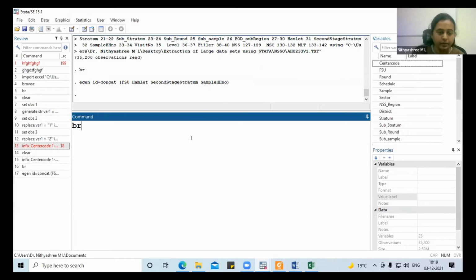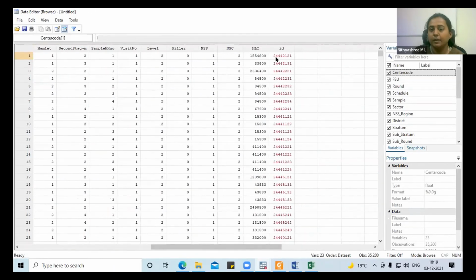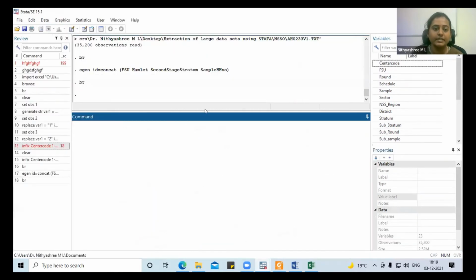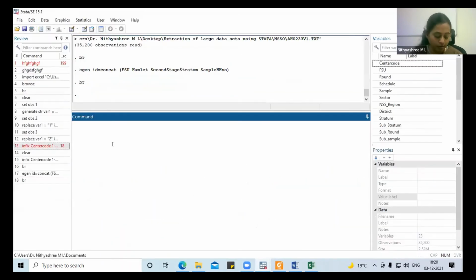Let us see whether that variable has been created or not. Okay. You can see here this ID. But why is it in red color? This is in string form. So you need to convert it into numerical, number format. Otherwise, you cannot use any operations like addition or division with this. How do I do that? Just note this down. You will get all this information in the basic introduction video, how we write the code and all.